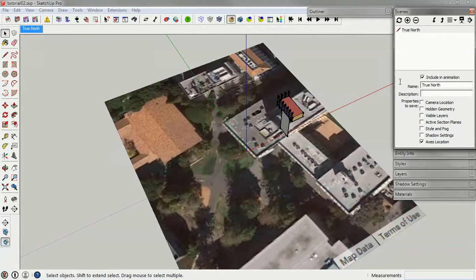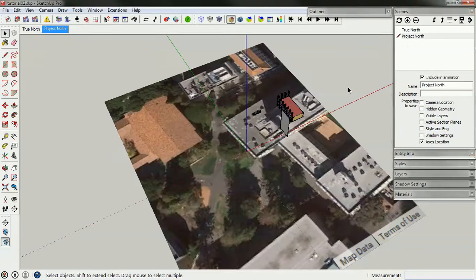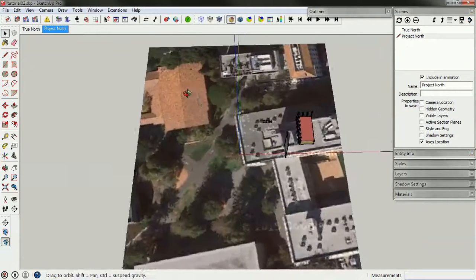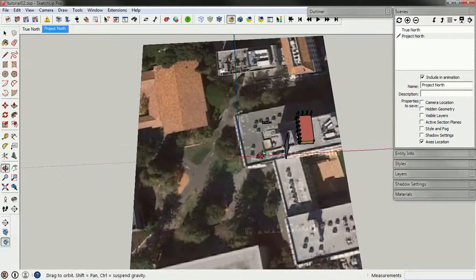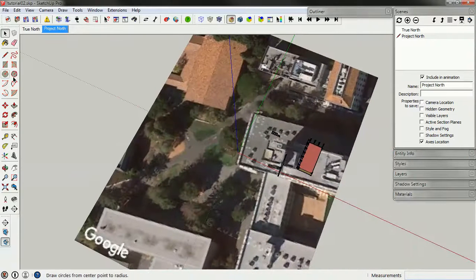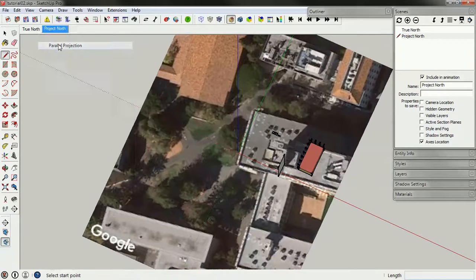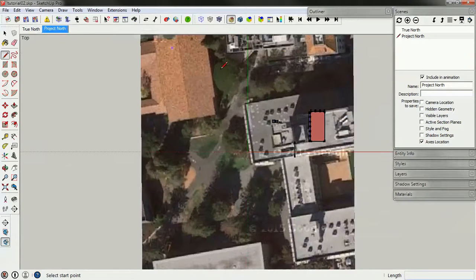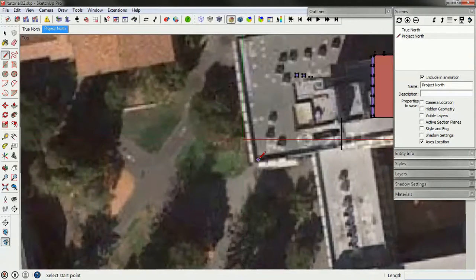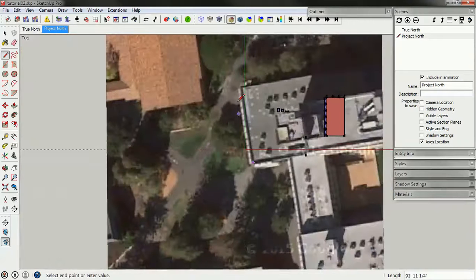And then I'm going to make a new one and call it Project North. And this Project North, I'll come back to reassign in a second. I want to align it with the actual Worcester Hall. So I'm going to draw on here. I'm going to trace. I'm going to go up to Camera, Parallel Projection, Camera, Top View. And what I want to do is trace as best I can the line that is